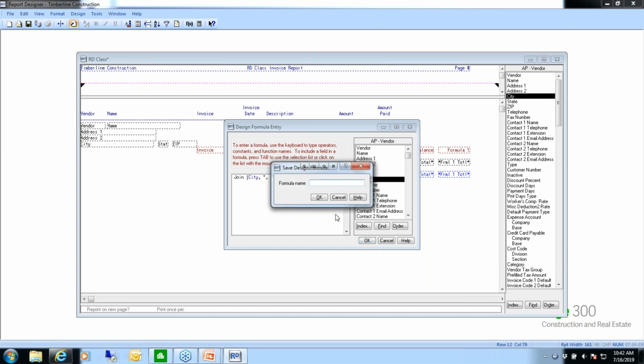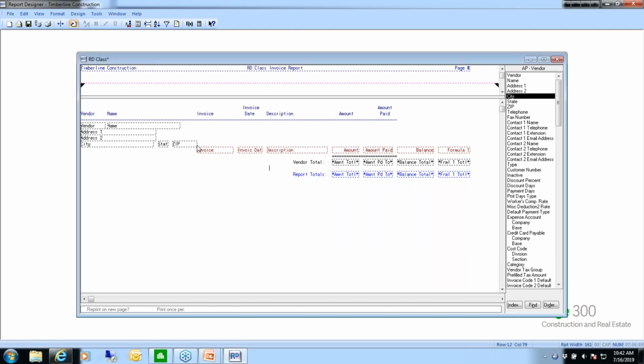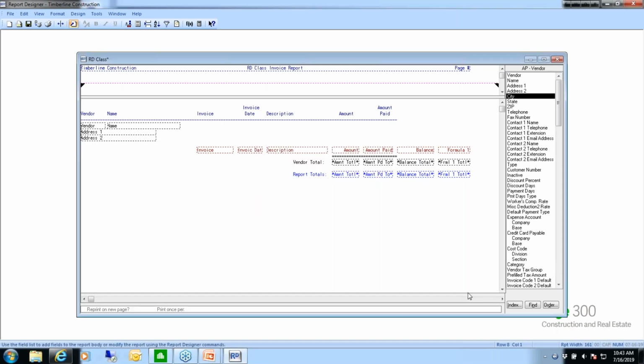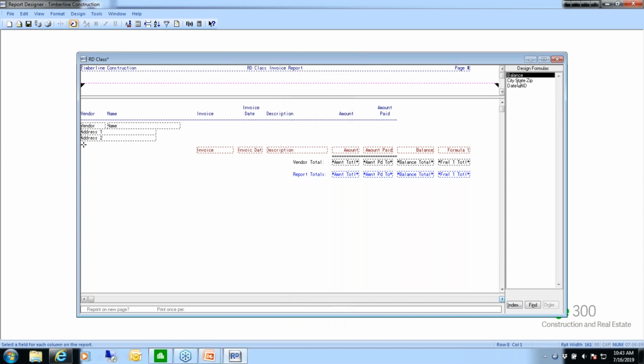And I'm going to call this city, state, zip. So I know what it is. And then I'm going to go ahead and take this out. I just hit the delete key on my keyboard. I'm going to index back over to my design formulas, and I'm going to grab city, state, zip. And so now when I run this,